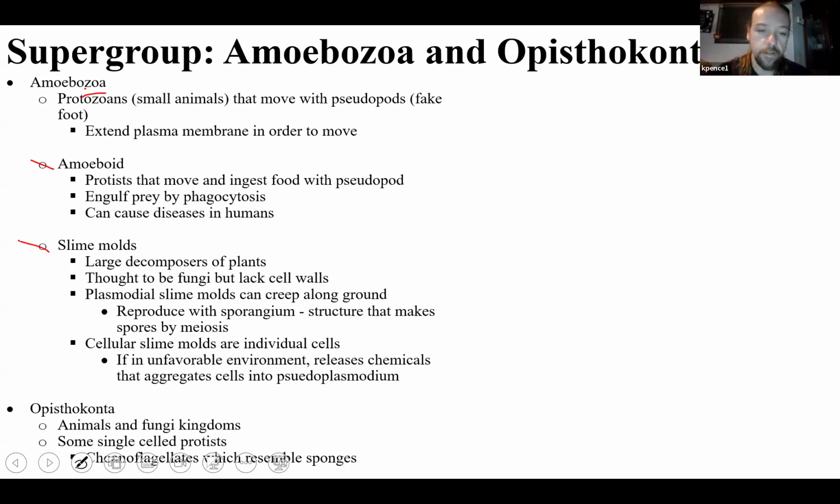And they do also have the ability to crawl. So let's say that they're growing on a tree trunk and they pretty much have broken down that tree to nothing that they can use anymore. Very slowly, these cells can move and crawl on the forest floor. It could take weeks or days, but they can eventually find another source of food. Very cool, like primitive reproductive system.